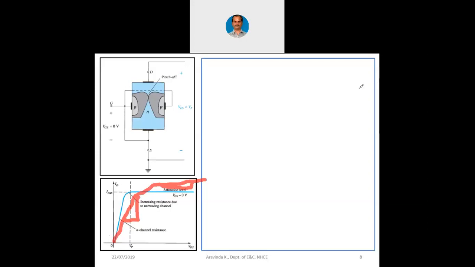Now that is the BJT's response. Now let me stop annotating. Here you can see, again let me annotate, in FET there is a slope, and what is the slope? It is very difficult for me to take a slope because it is almost constant, which means when the FET is reaching the pinch off, the drain current becomes much more constant than the BJT. In BJT, even then the current will have a slight rise, but in FET there will not be any rise